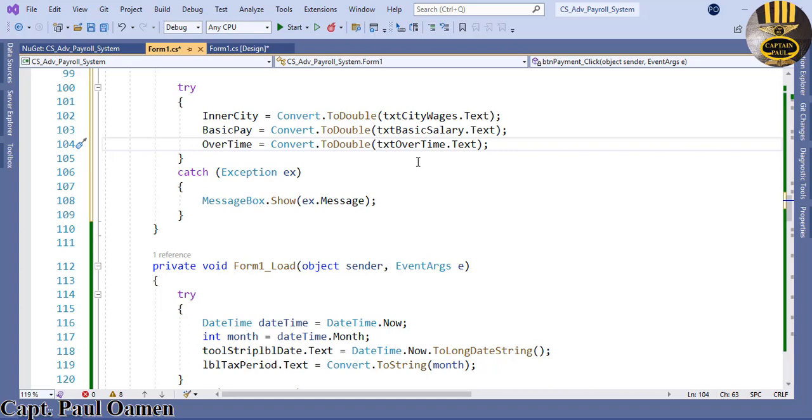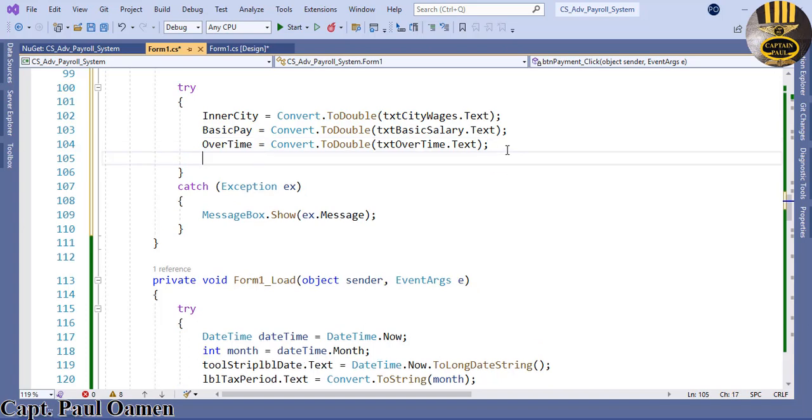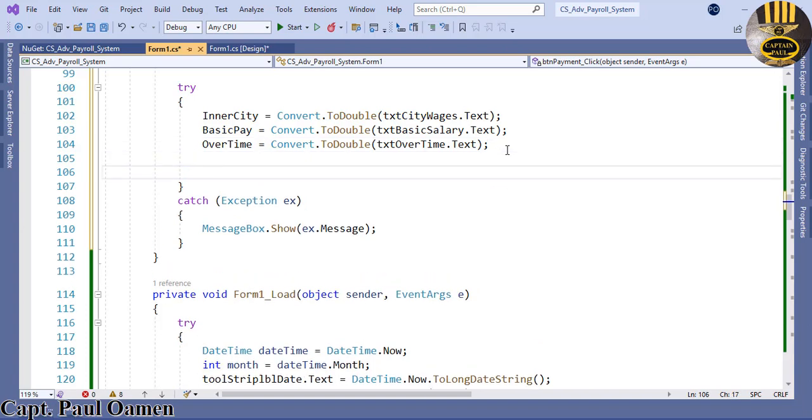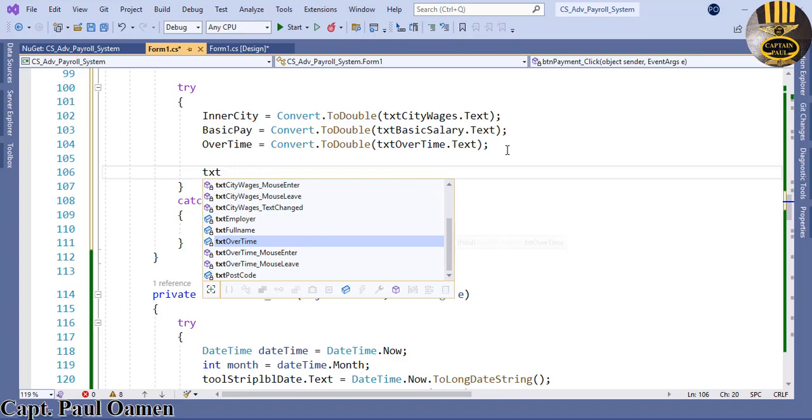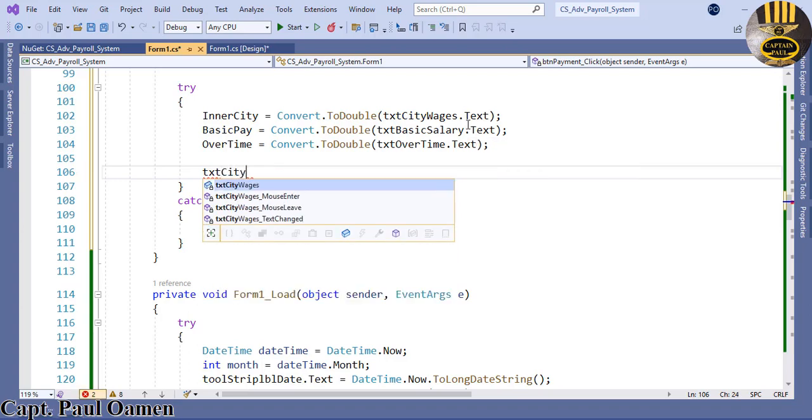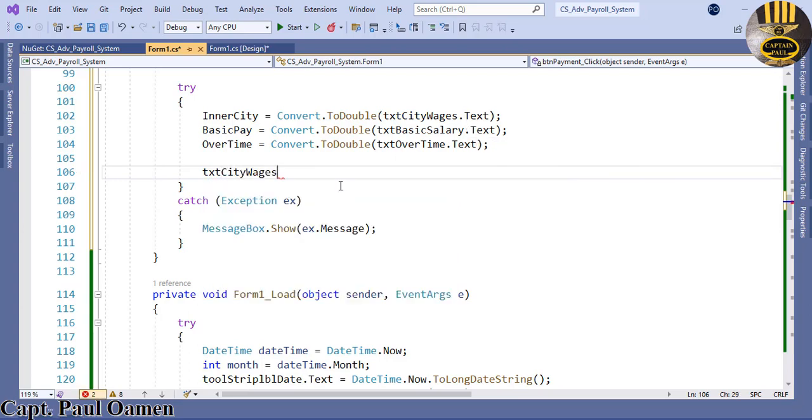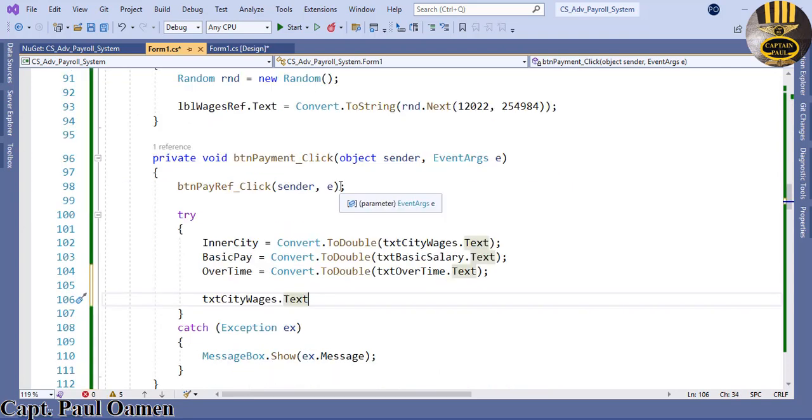Now, when I want to convert everything we have in here to pound sign, so let's come right in here and just say txtCityWages.Text, that is equals. Okay, I'm now going to convert whatever we have in here straight into pound sign. So let's say string